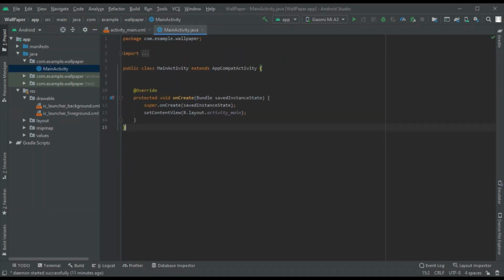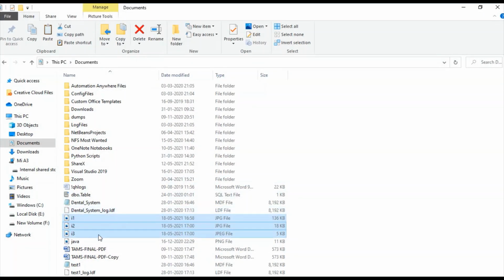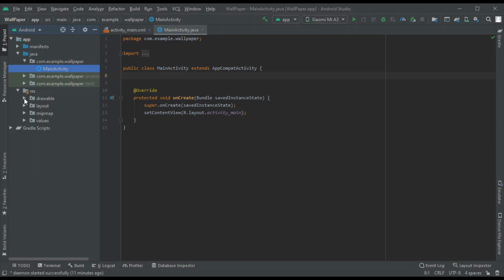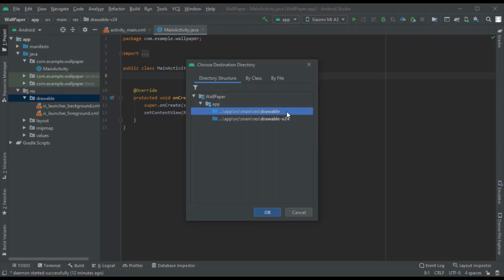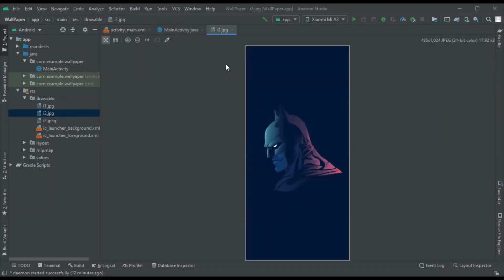Okay, so now open this main activity in the Java, and here you want images for the wallpaper, right? So first bring those images into this Android Studio. To do that, you can go to the images which you like, which you want, and here I have these three images. So just copy this, and in the Android Studio, go to this res folder. In this, you can see the drawable. Just right click on that, and here you can paste. Paste it in the drawable folder, not on the drawable 24. And if you do refactor, you can see the three images have been added.